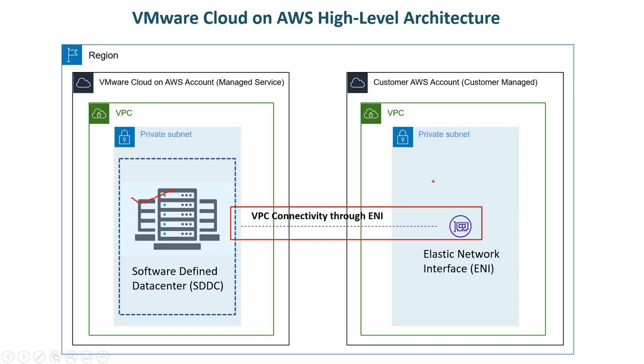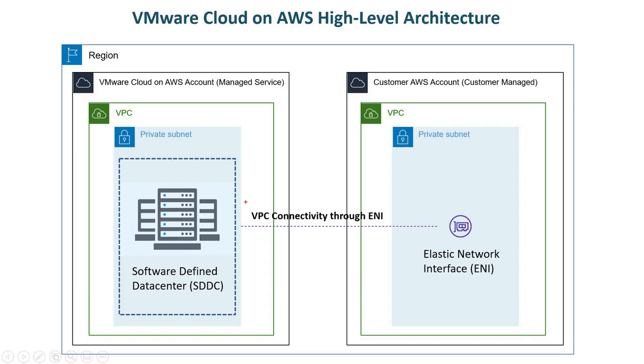You might have seen that VMware Cloud on AWS SDDC is not only about providing connectivity to your virtual machines, but it also gives our VMs direct access to native AWS services such as EC2 or maybe S3 and other services as well. So VPC connectivity is another very important aspect of this VMware Cloud on AWS managed service, which gives us high bandwidth, low latency network connectivity. So that's pretty much a very high level overview of the VMware Cloud on AWS architecture.